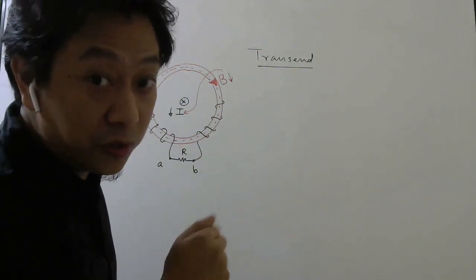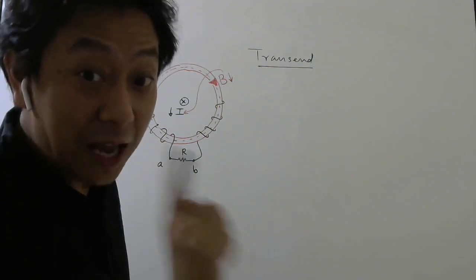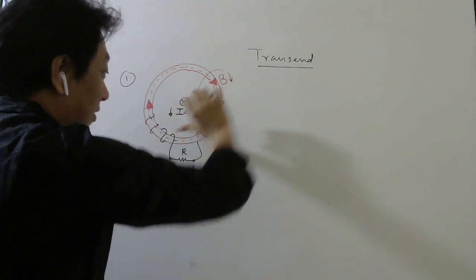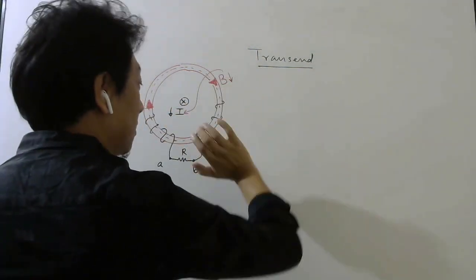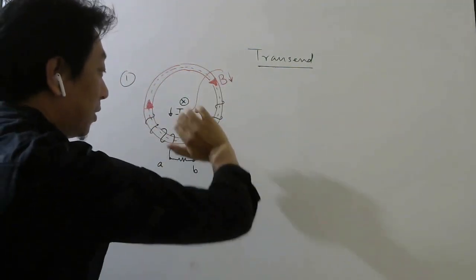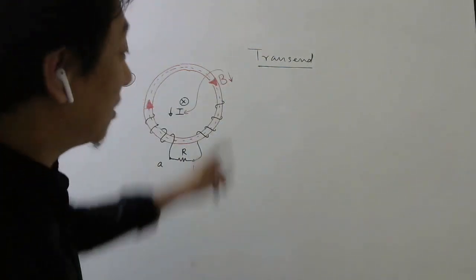So to oppose the decrease, we should produce magnetic field in the same direction. We have to help. So magnetic field produced by the induced current should also be this way. That means current should flow this way, right? In these loops. Understanding or not? So the induced current should produce magnetic field in the same direction as this one. Why? Because it is decreasing.